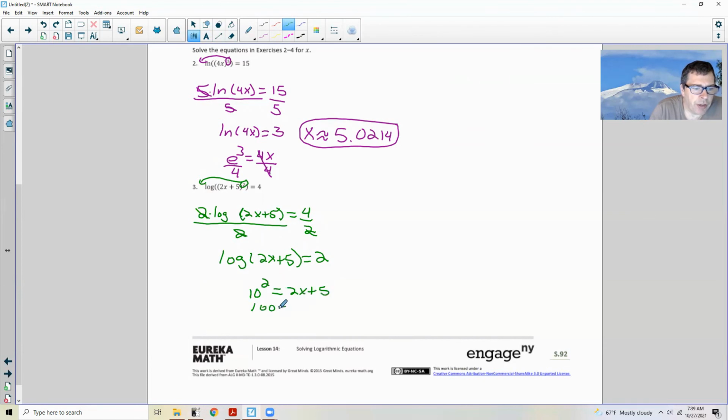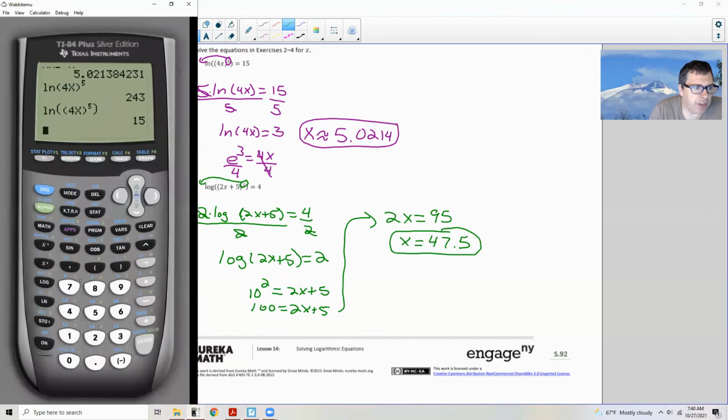Simplify, 100 equals 2x plus 5. Simplify more, subtract 5 from both sides. 2x equals 100 minus 5, or 95. And x is half of 95. 2 goes into 9 4 times, 2 goes into 15 7 times, and there's a half. So x is 47.5. Okay, so then I go back into my calculator and check it, and I hit log,